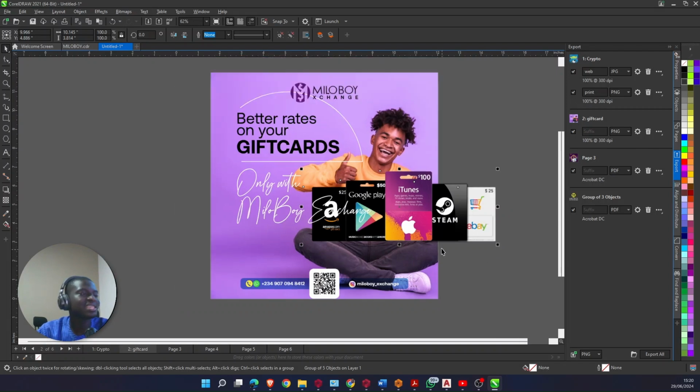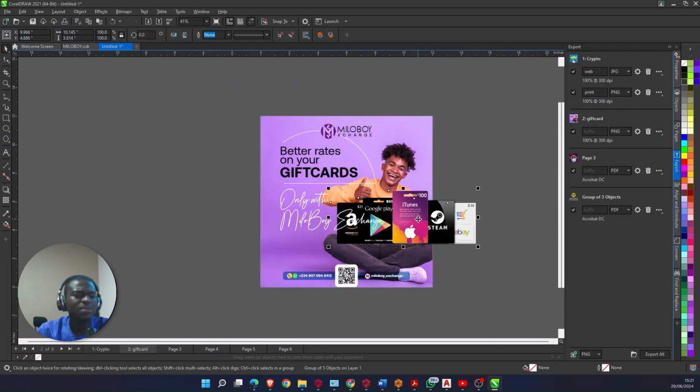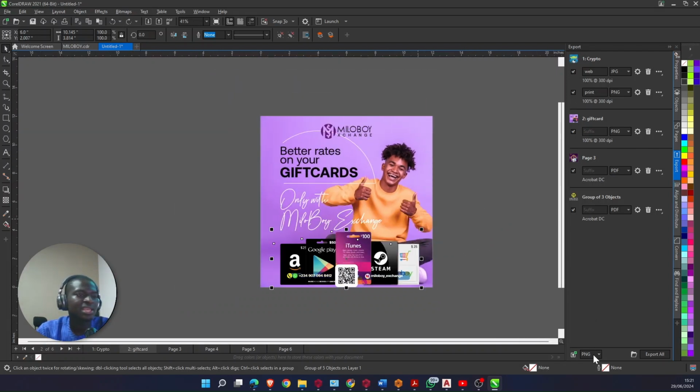Just select that design. Let me go back. Let me Ctrl Z, and let's say I want to first of all pick it as a PNG file. I'm going to click on add, and I also want to add it as a PDF file. Let me select PDF and add that to this tray. So when I'm done, I've selected all the designs, I've selected the assets in the formats that I want, I'm going to click on